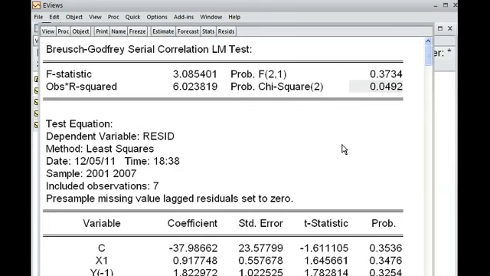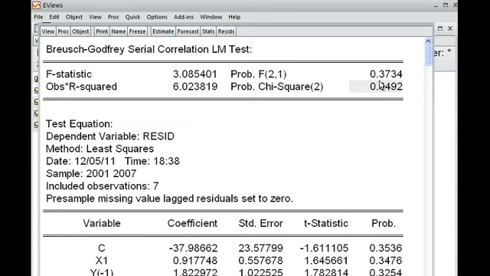So what is our null hypothesis? The null hypothesis is that the model does not have serial correlation. And what is the alternative hypothesis? This model has serial correlation.